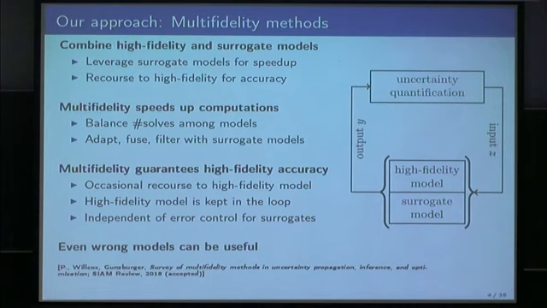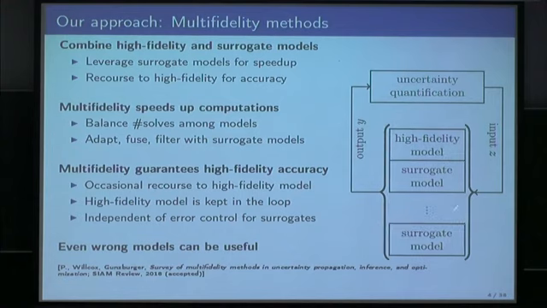So the idea here really is, even though our surrogate models are wrong, they might still be useful. And often we don't only have one surrogate model here, but we typically have many surrogate models that we can use. And if you are interested in multi-fidelity methods beyond the things that I present here, we have a recent survey paper in SIAM Review that is co-authored with Karen Willcox and Max Gunzburger that might be of interest.